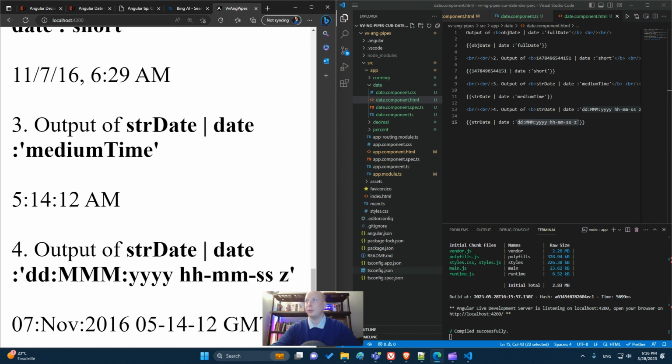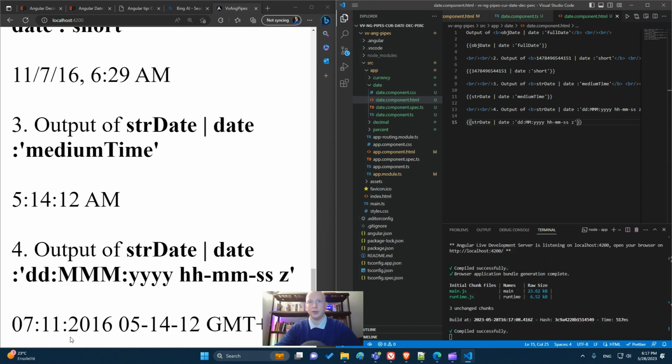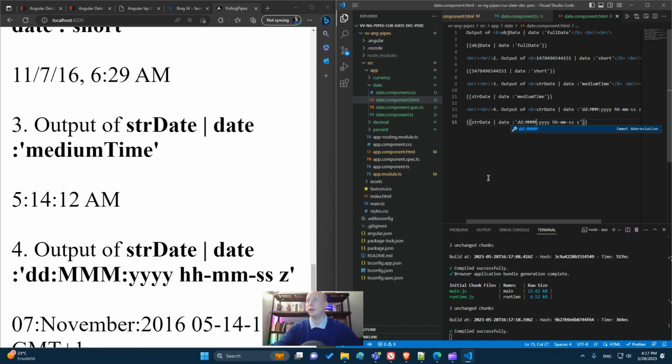You see here we have GMT plus 1. If I put months with only 2 M, it should put it on two digits. You see 11 rather than the month in letters. If I put 4 M, it should be the full month, November, in letters.